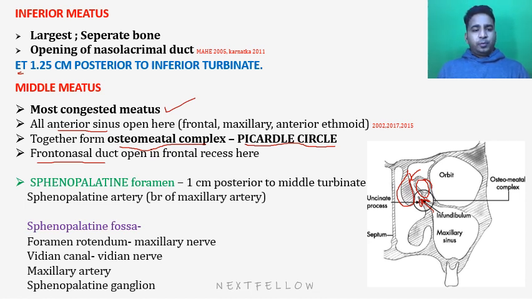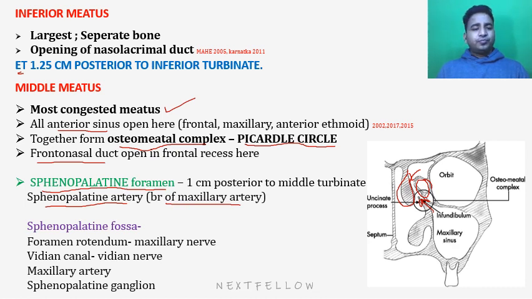Okay, now one important point is the sphenopalatine foramen. What is the sphenopalatine foramen? It is an opening 1 centimeter posterior to the middle turbinate. There are 3 parts of the middle turbinate, so the vertical part is where it is attached to the lateral nasal wall. The sphenopalatine foramen is 1 centimeter posterior to that middle turbinate attachment. And from this foramen, the sphenopalatine artery enters into the nasal cavity, which is a branch of the